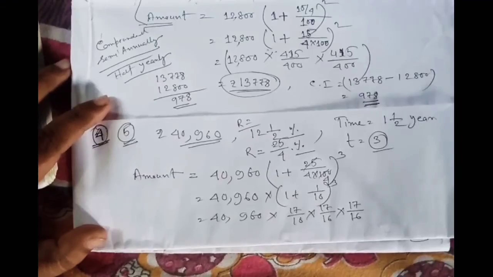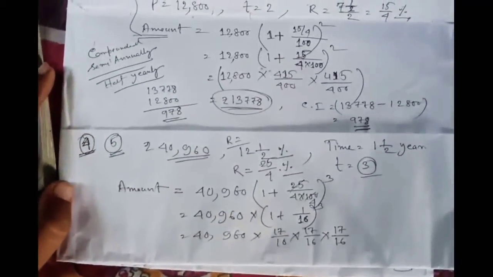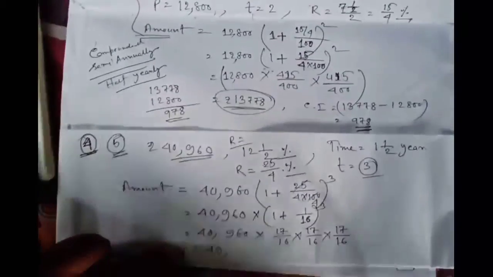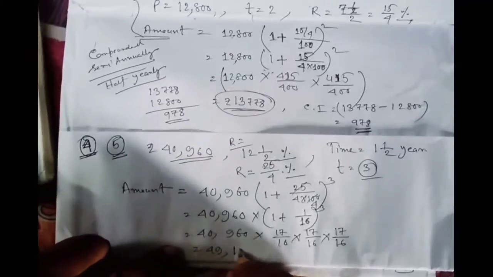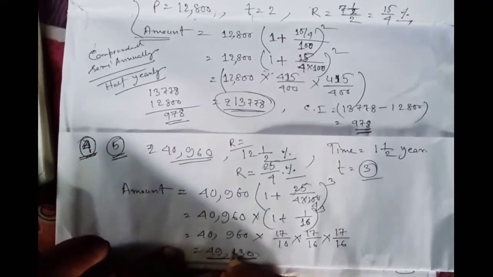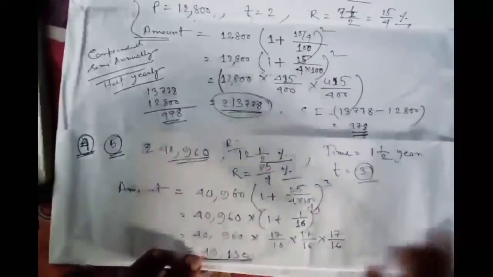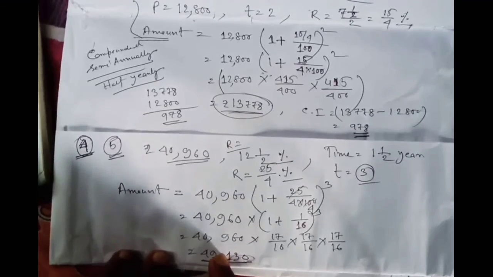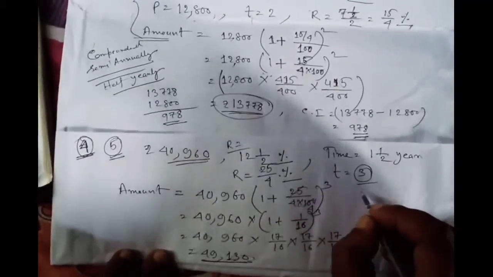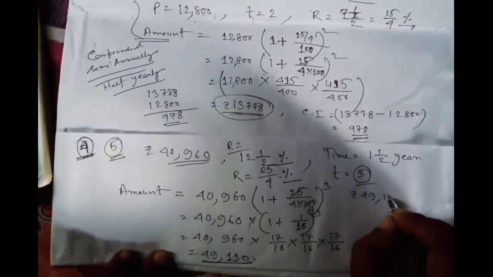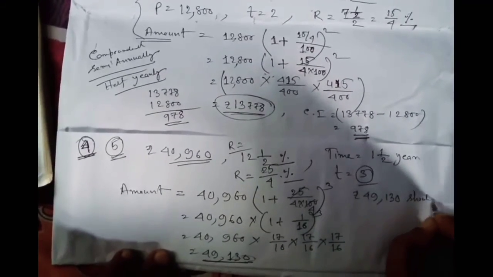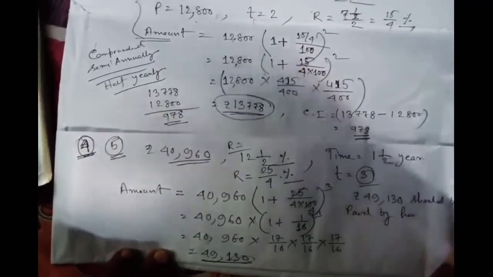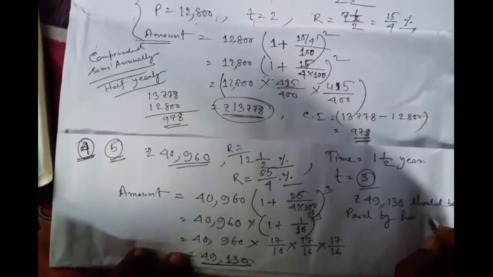Okay. Next we have to move the calculation. If we do the calculation, this would be 49,130. This would be the amount, 49,130. So this amount should be paid by her. Okay. What amount should be paid by her? So rupees 49,130 should be paid by her, that is by Swati,